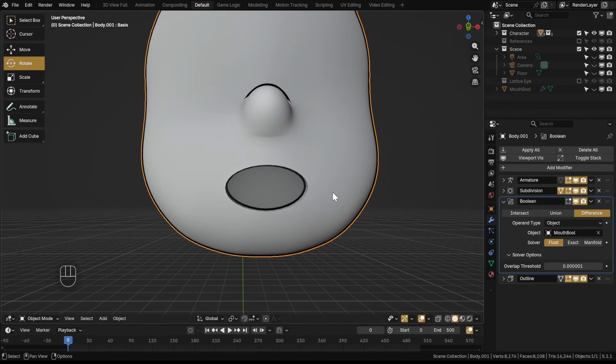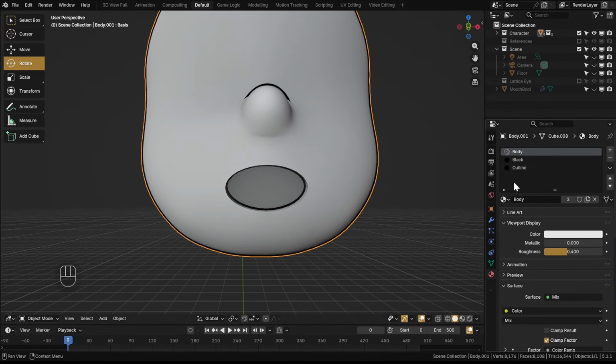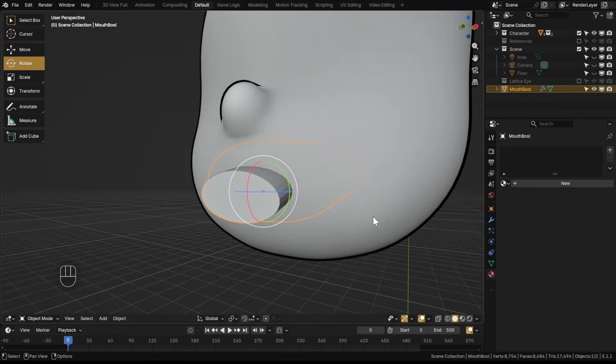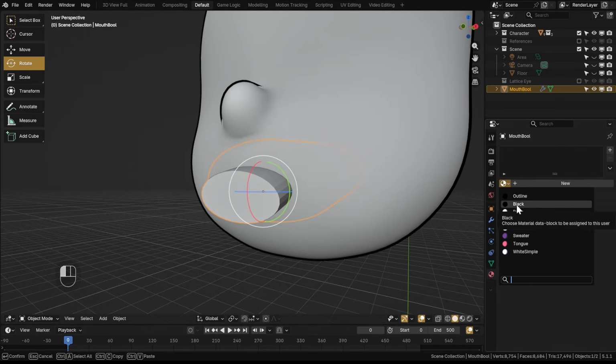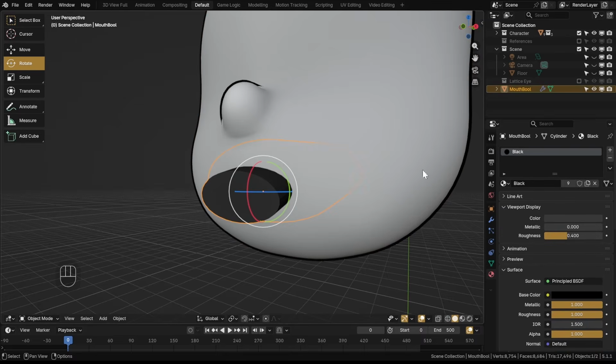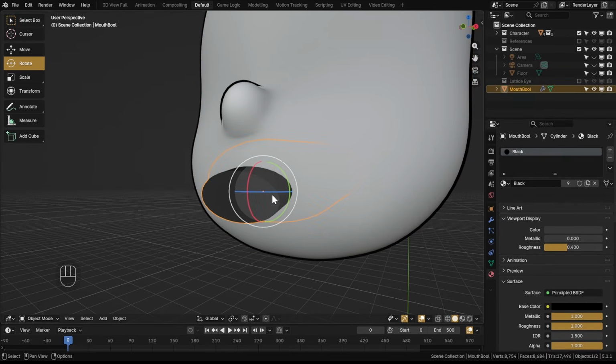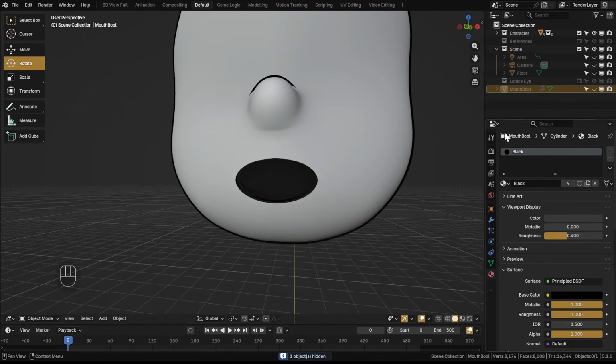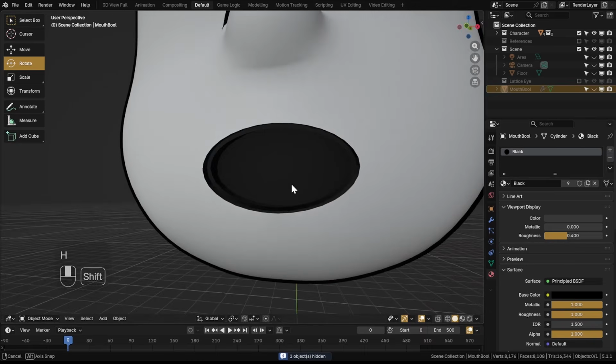Let's add the materials then. To make the MouthBool's materials transfer to the inside of the mouth, add the material you want the inner mouth to be to the head. Then you need to add the exact same material to the MouthBool. The program will read that both of these materials are the same, and it'll change all the faces created by the Boolean to be that material. Now it's black. That's basically all the modeling we need to do,